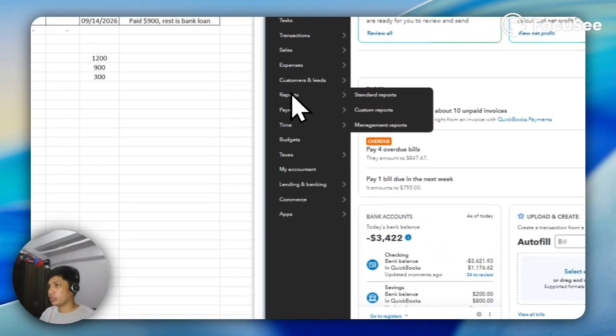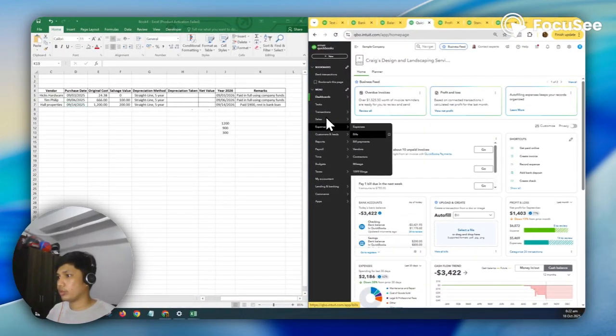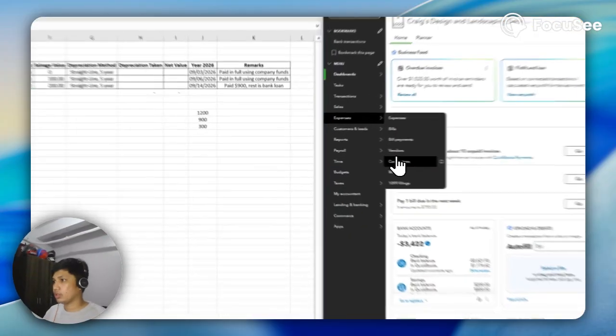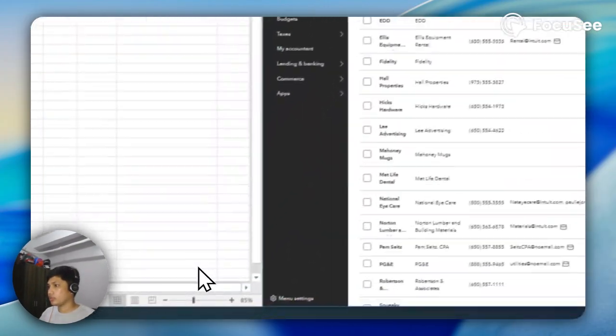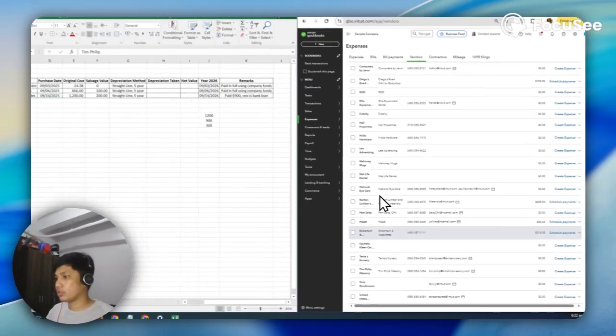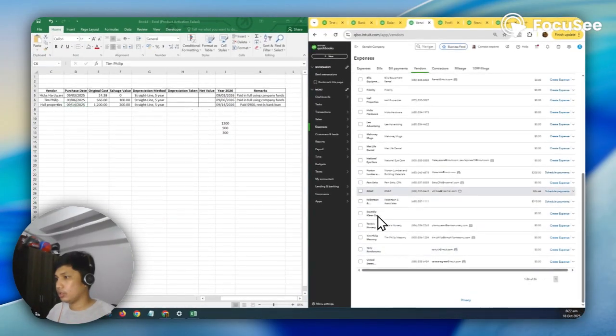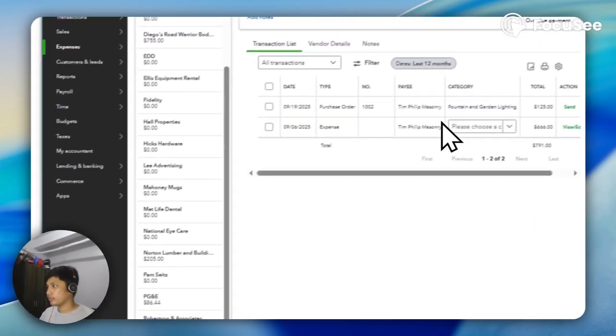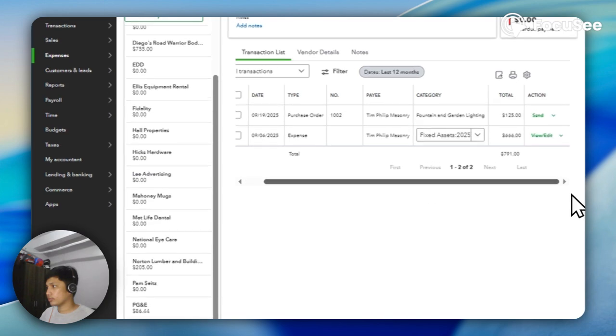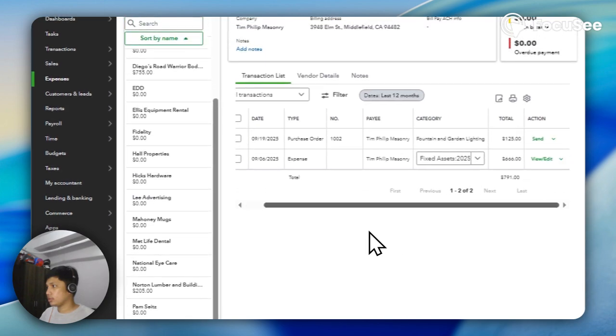Let's check for the vendor. Okay, Team Philip Masonry. I think this one is bugging. Yeah, I think this one is already recorded, 666.